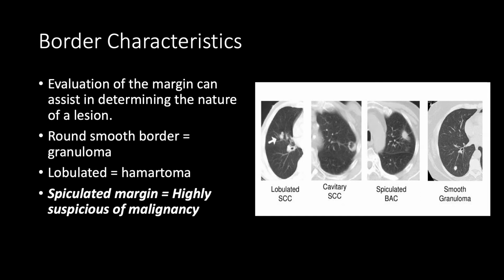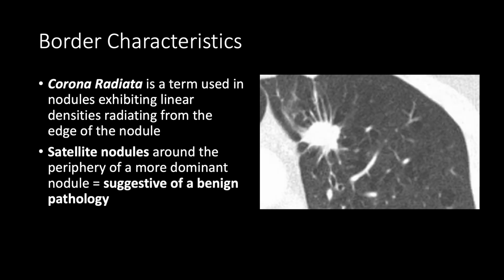A spiculated margin is highly suspicious for malignant lesions. The term corona radiata has been used to describe the spiculated appearance of a pulmonary nodule, in which linear densities radiate from the edge of a pulmonary nodule into the adjacent lung. Pathologically, these linear radiations represent reoriented connective tissue septa drawn into the tumor by the cicatrizing nature of many malignant